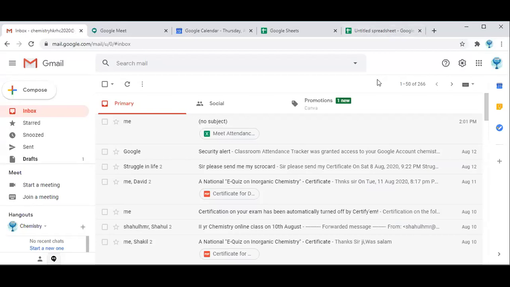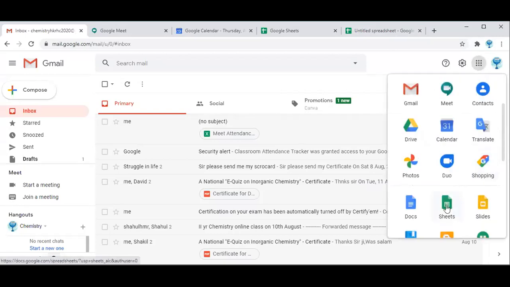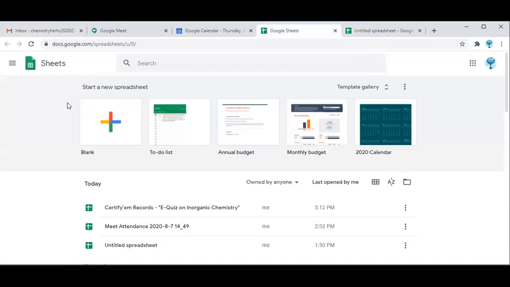Now we are going to see how to install attendance tracker app in Google Meet. Again, go to your mail window, click Google Apps. In that, select Sheets. Click on that. The window will be open like this.